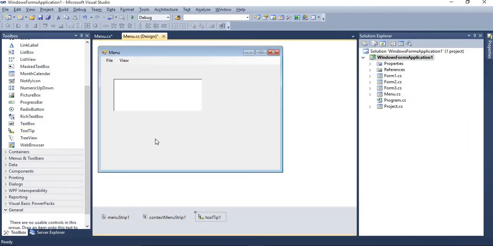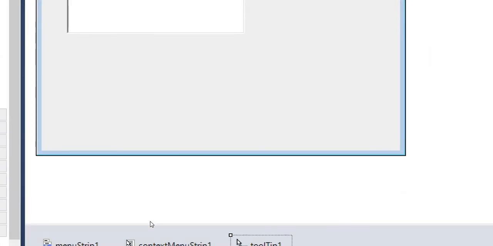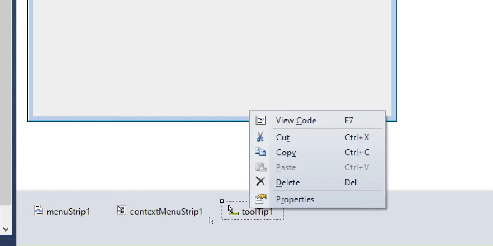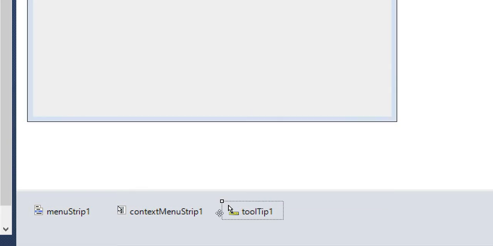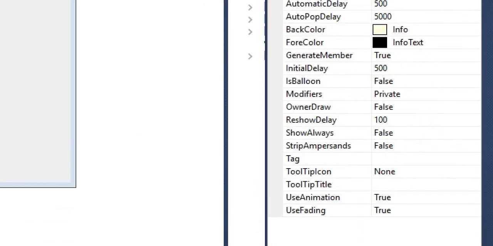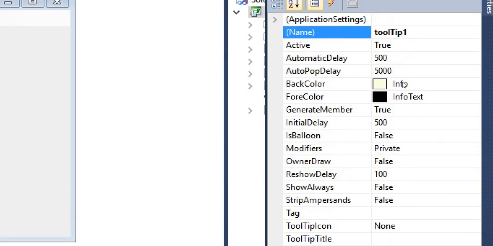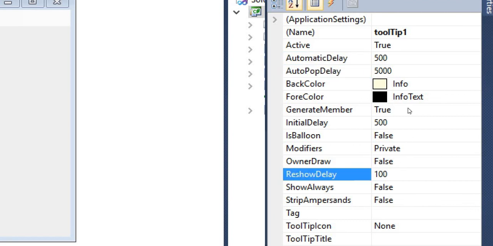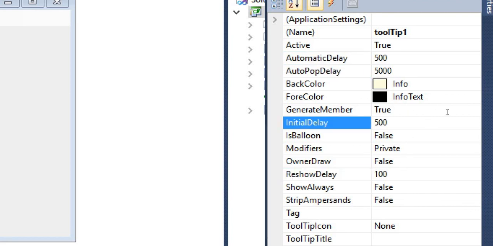It will not appear on the form, but you can see it in the bottom panel. We have to set properties, some of which are related to time: AutoDelay, AutoPopDelay, ReshowDelay, InitialDelay. They give you the time at which the tooltip will appear.